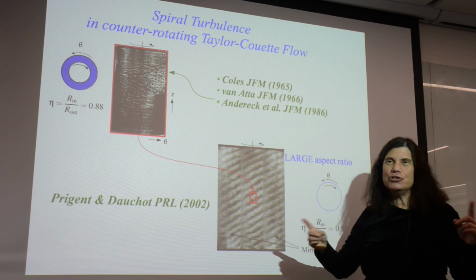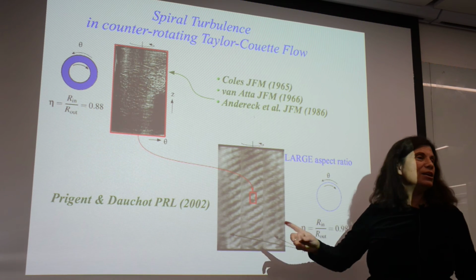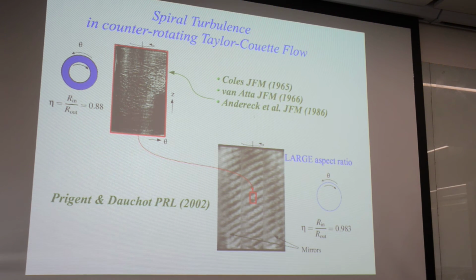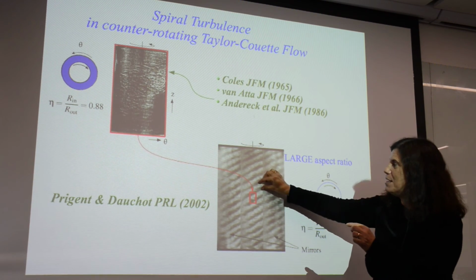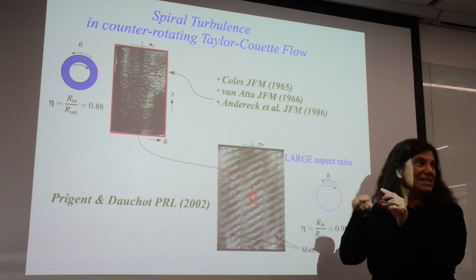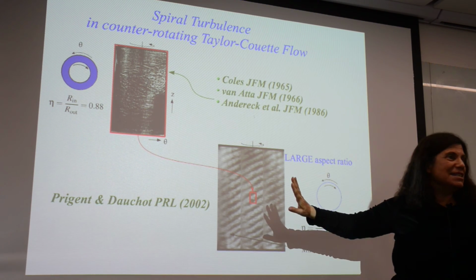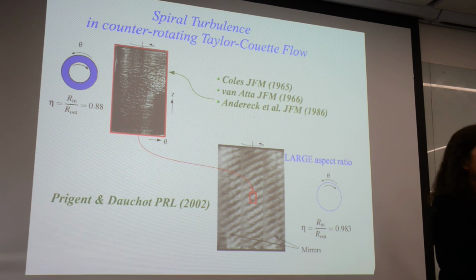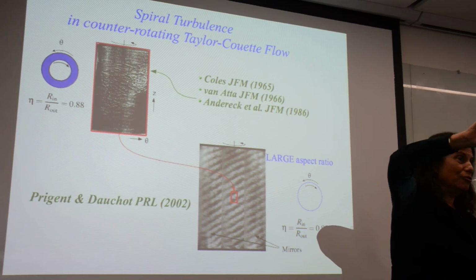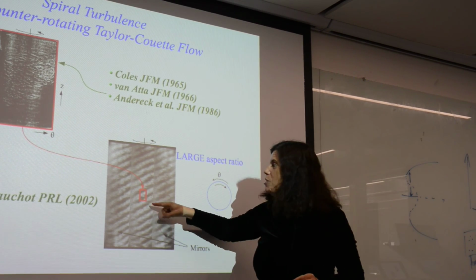Again, I'll be doing a little bit more about Taylor-Couette flow. This is not a remarkable picture at all for someone who studies Taylor-Couette flow. This is one of the normal things that you see. But what you see normally is this thing here should be about the same size as the gap between the inner and outer. This is like a convection. The picture that you usually see in Taylor-Couette flow has things that are like convection rolls, except that they're not convection. They're transporting angular momentum in the same way that you transport heat. And they're rolls that are approximately round. They're the same size as the gap. And if you counter-rotate, those things become tilted and you get spirals. But it has nowhere near this size.